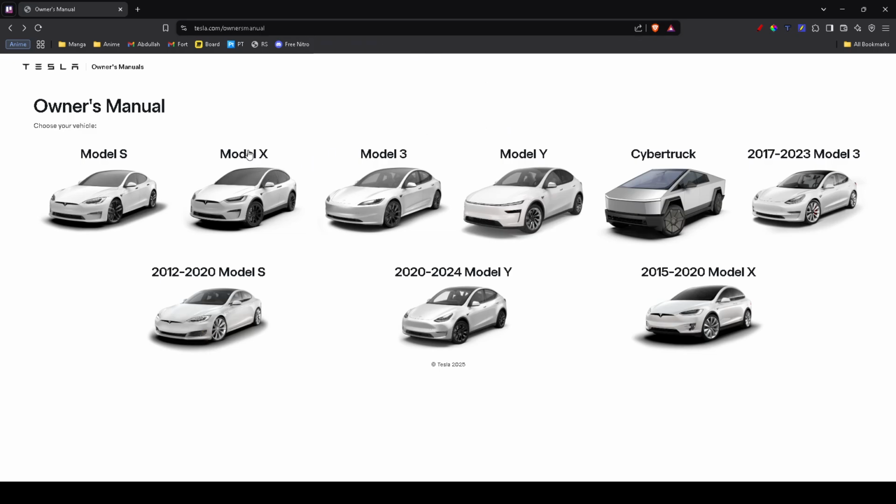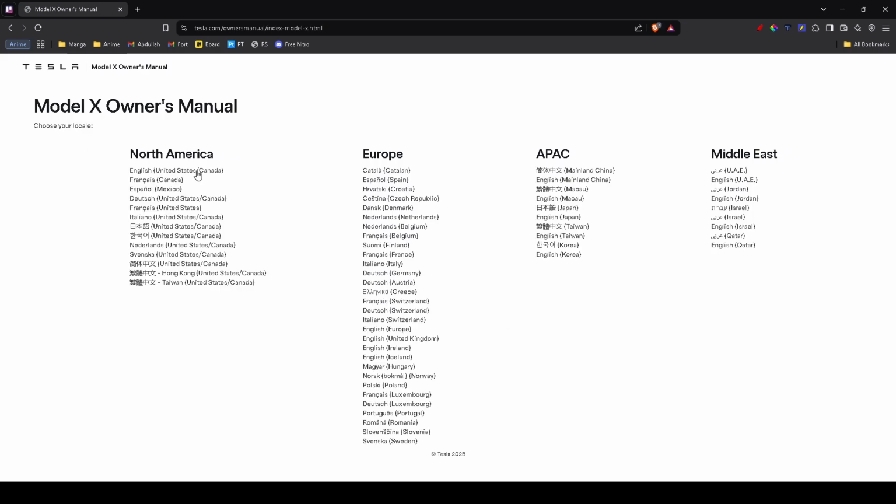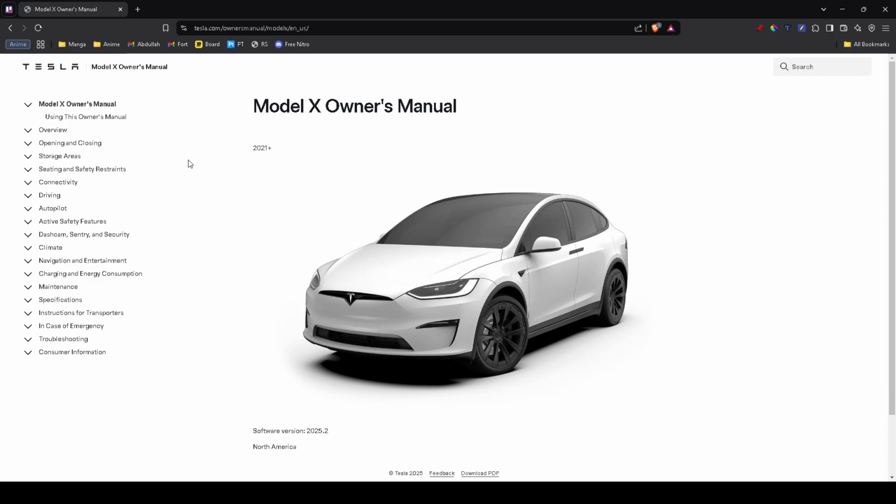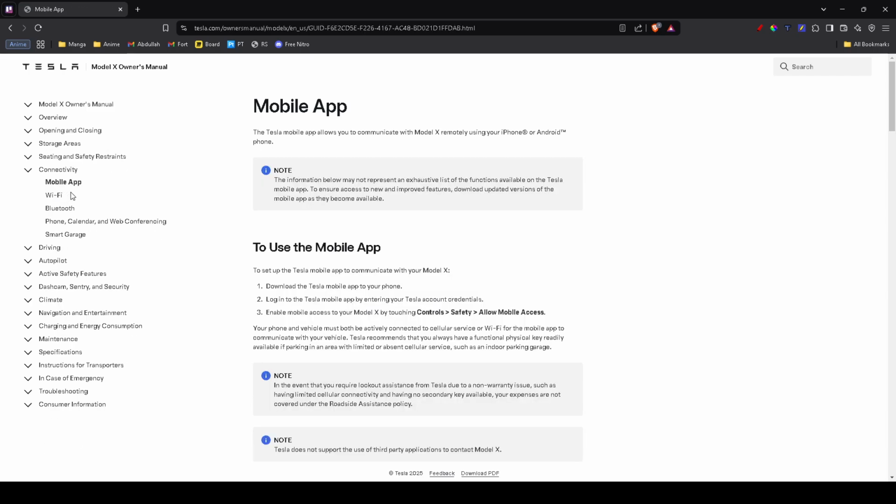then click on the car that you own. And then proceed to choose the language you're compatible with, and now you'll be redirected to a page with a bunch of options to the left. Here, I want you to click on the drop-down option for connectivity and then click on mobile app. Here you will probably find information about perhaps the regions it's available on and basically how to go ahead and